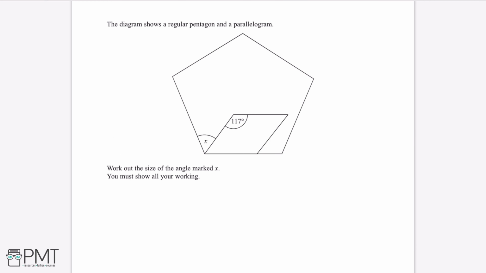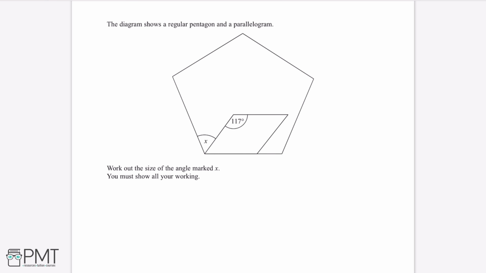The diagram shows a regular pentagon and a parallelogram. Work out the size of the angle marked X. You must show all your working. So the first thing we'll want to work out is what one of these interior angles will be in this